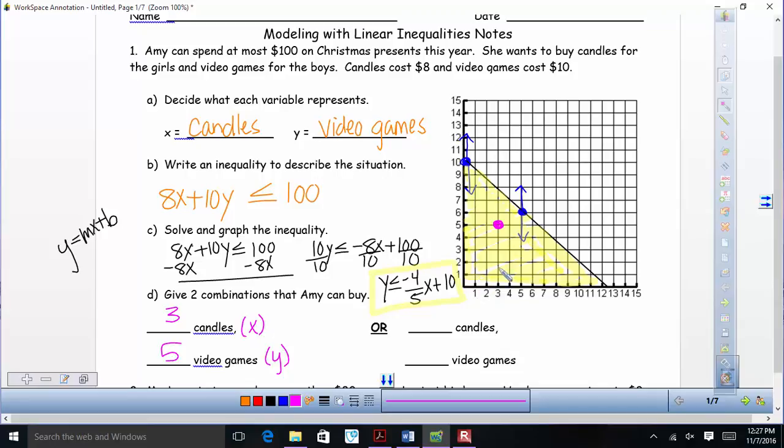But that's silly. Why would we buy 1 and 1? Let's do something bigger. 5 and 4 would put us right there. You could do 9 and 1. That would work. Oh, that would be 1 and 9 then. You could do it there. Any time, as long as it's in the shaded area, it's fine. Okay? So,